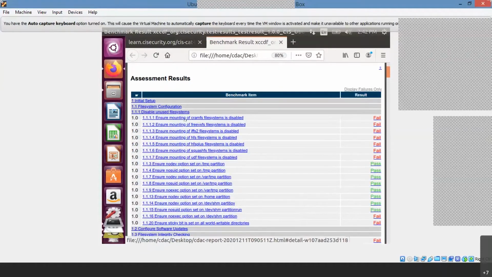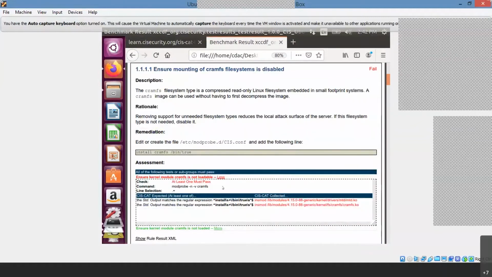Okay. So ensure under the file system, disable file systems. So ensure mounting of CRAMFS file systems is disabled. Okay. So you have to go to that file system and you can see that the CRAM file system is a compressed read-only file system embedded in a small footprint of the systems. Basically if you are compressing any images and all those things, the mounting of the CRAM system should be disabled.